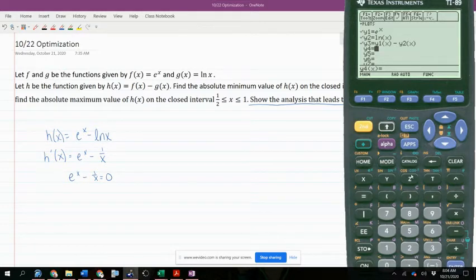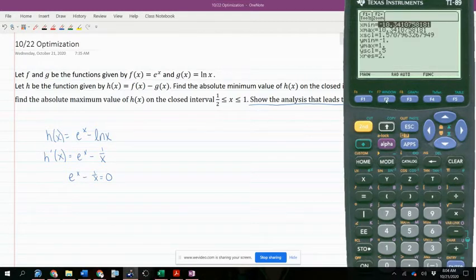Yes, I know I have a calculator. So theoretically, I could go to my graph. I can turn off, if you uncheck them, F4 up here unchecks. So I can uncheck that one. I can uncheck that one. I can go to my window, which is up here. So I have to green diamond window. And if I set my window from 1/2 to 1, which is the interval that they gave me in the prompt, and if I graph that,